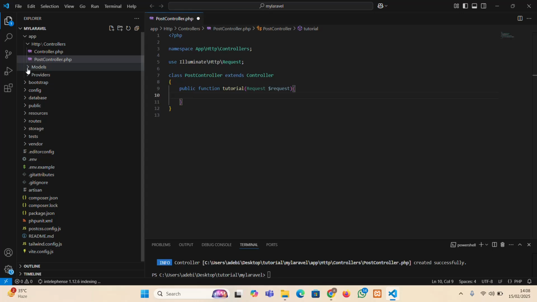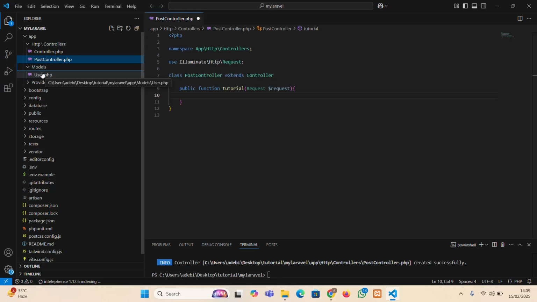So we have the models. Models, this is the name of our database. The databases that we're creating, everything is going to be stored under this model. So this model now, by default, Laravel usually comes with the User model. It is going to create a table for us, called the users table. So any subsequent table that we want to add, we can do it through our terminal. We can say